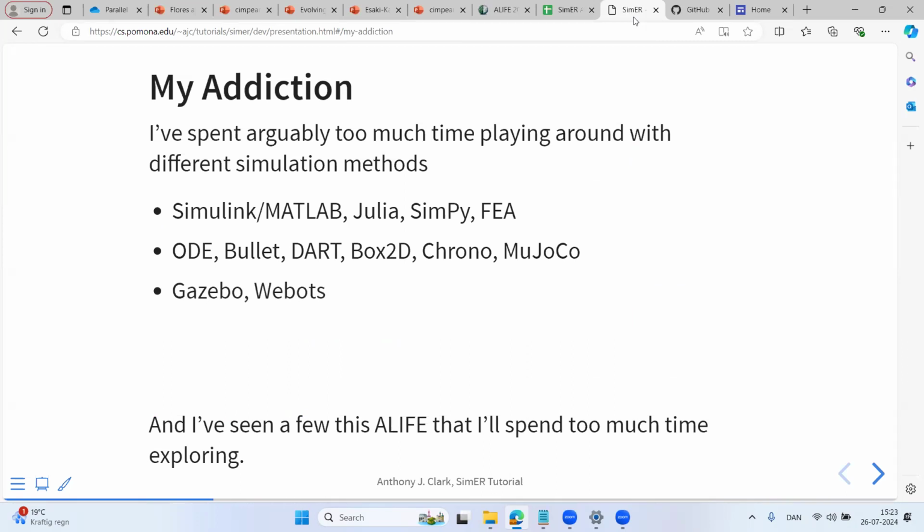I've used Gazebo and Webots. Gazebo used to be built on a number of different engines, but now mostly Dart. And most recently, most of my work is using Unreal Engine, putting aside some of the physical simulation and focusing on simulating vision. And Unreal Engine's really good for that.